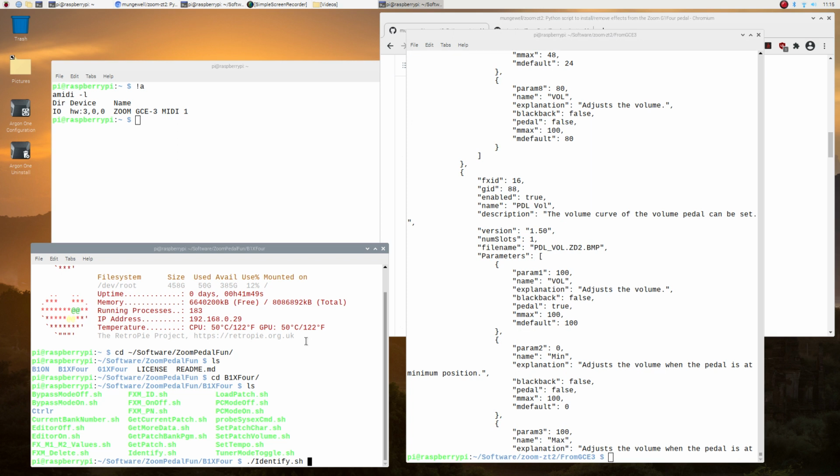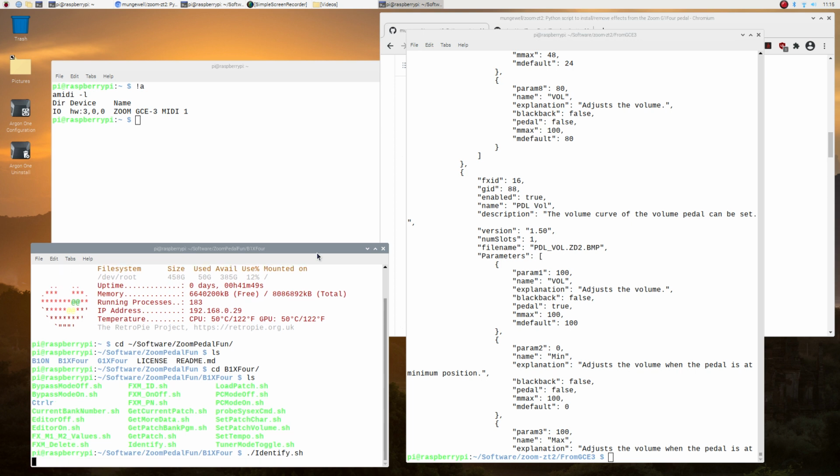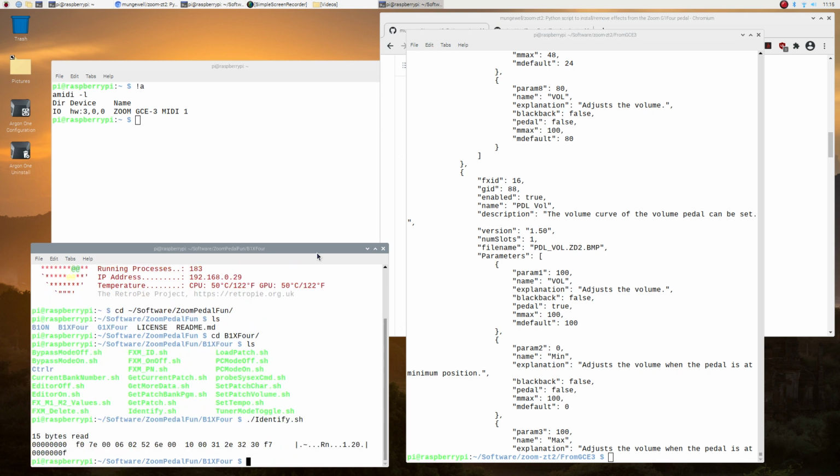Is it going to identify as a GCE, because here you see it does, or is it going to identify as a 6E, which will be a B14X? Let's look. Ah, look, see there's the bit. 6E is a B14X, but it's got 010, and my one has 00000, and it's 1.20. There you are, you can see it there, sorry.